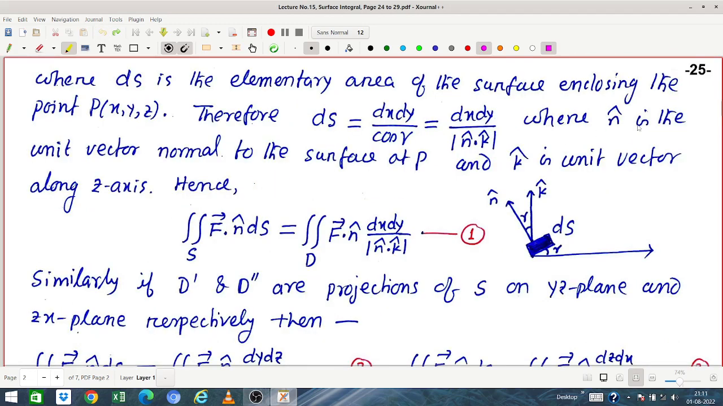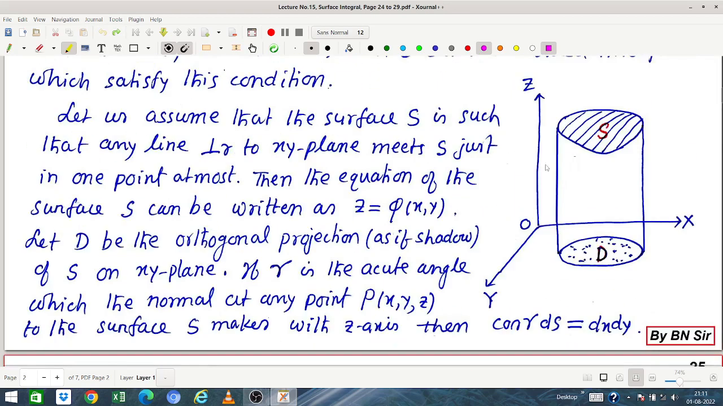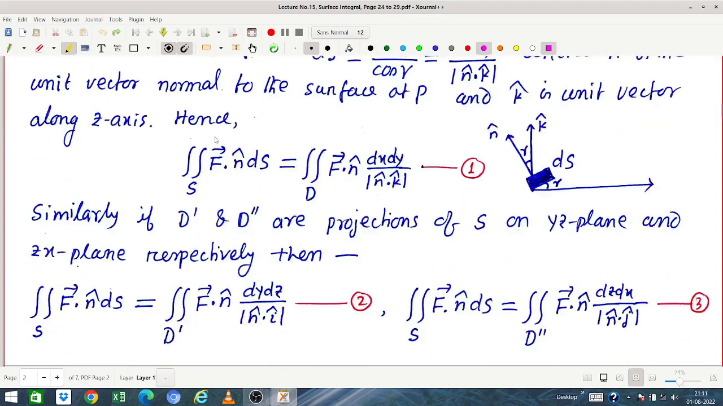So n cap is the unit normal vector to the surface at P, and k cap is the unit vector along the z-axis. So ds, we have dx dy by cos gamma, which means dx dy by mod n cap dot k cap, if we project the surface on the xy plane. Therefore our surface integral of f vector dot n cap ds over S becomes